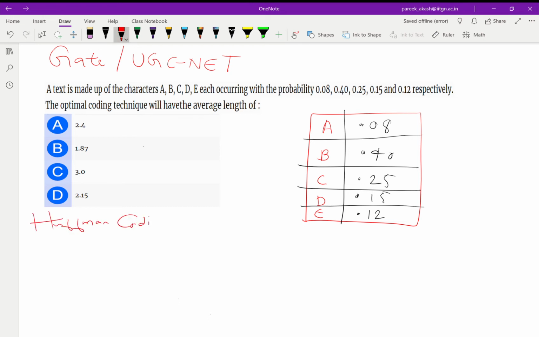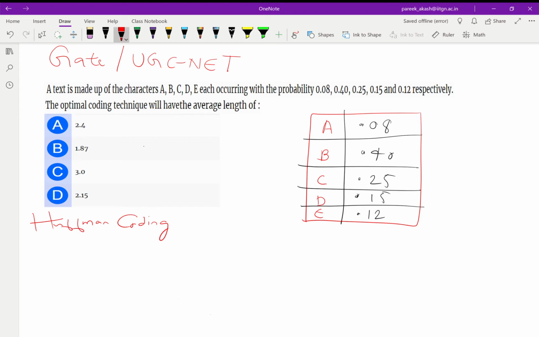Huffman coding is a lossless data compression algorithm. So it compresses the data and it is lossless, that means no information will be lost. And it is a variable length coding, that is, it assigns codes of variable length to characters depending on their frequency.